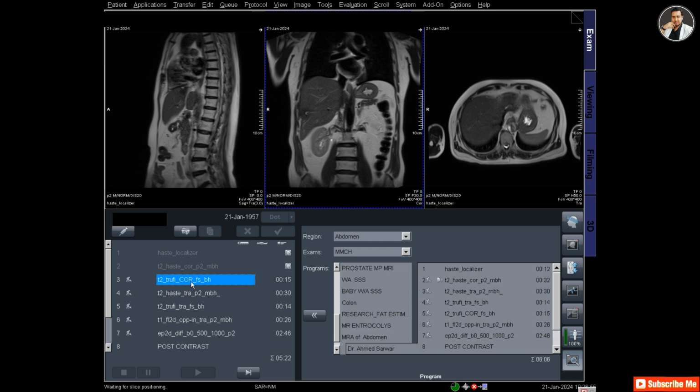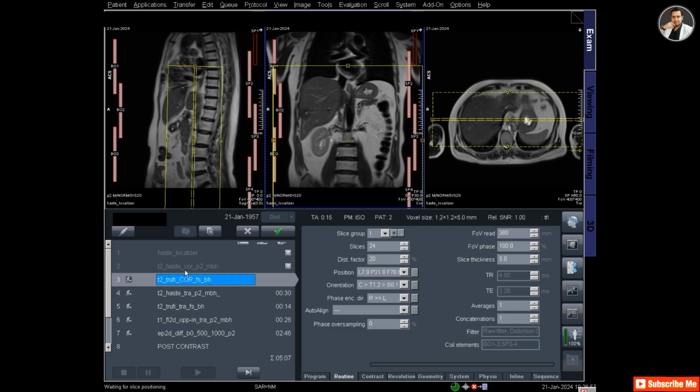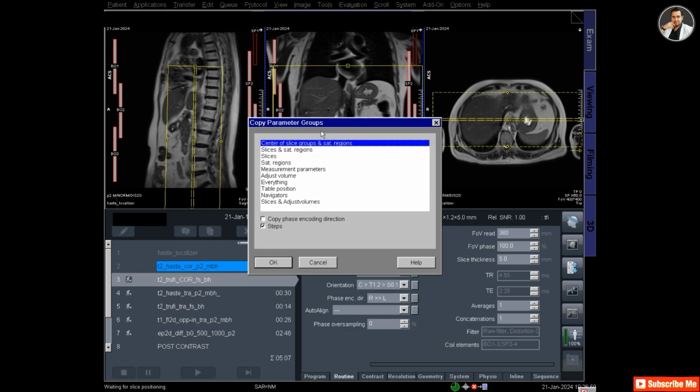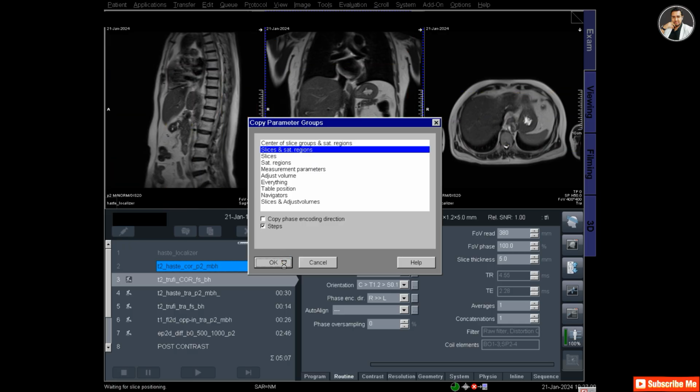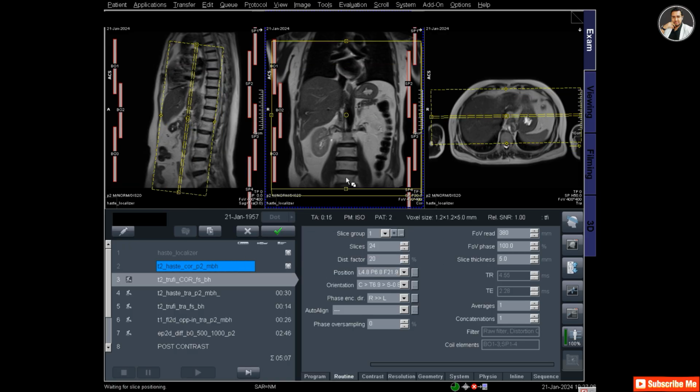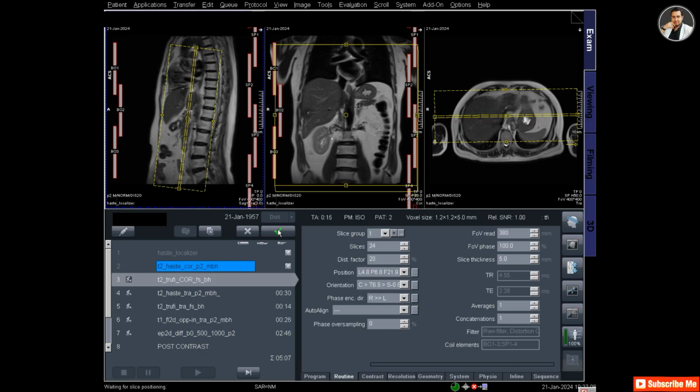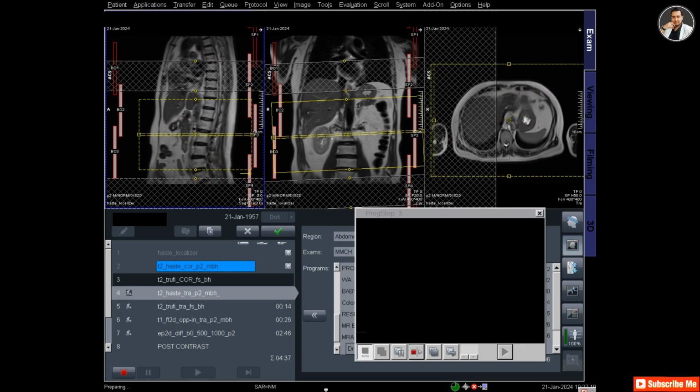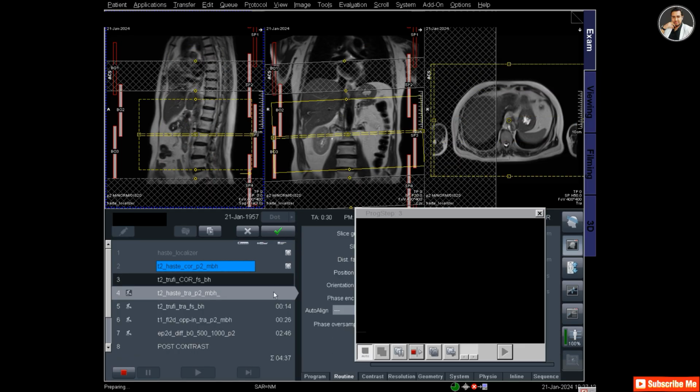So now I am taking T2 TRUFI coronal breath hold, and it's a fat set protocol. Just copying the parameters from the previous T2 coronal, and that's it, and click apply, and it's preparing.